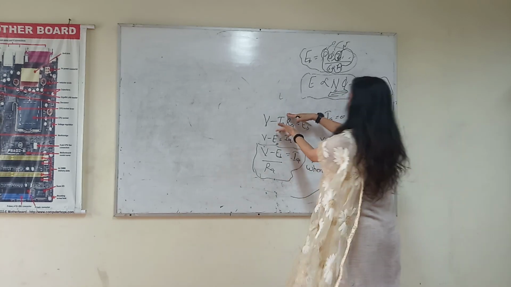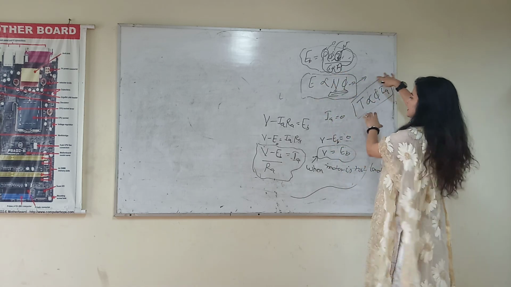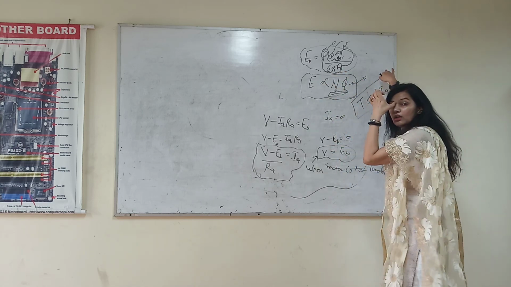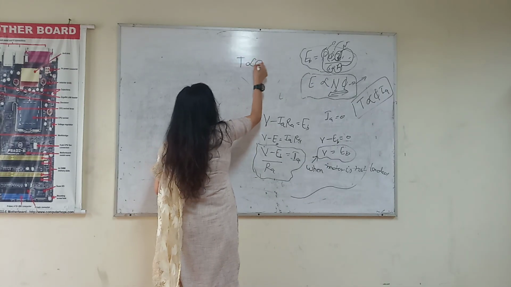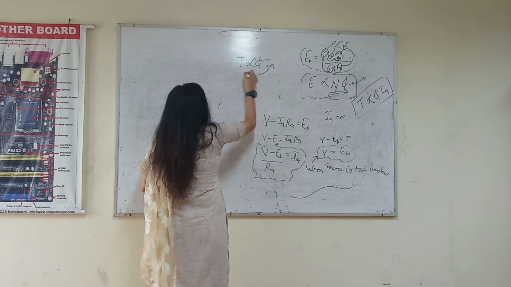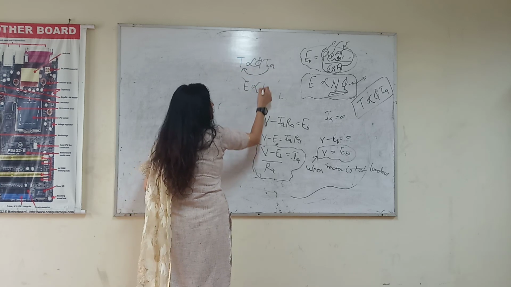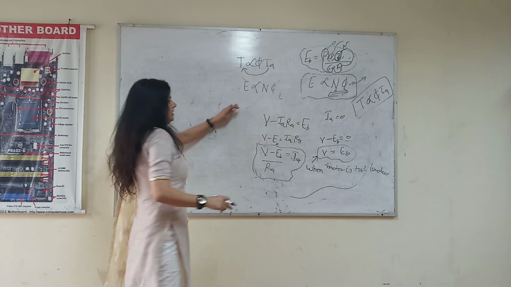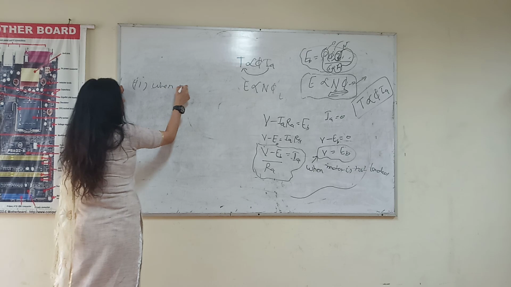This is the EMF equation. This is the formula to find out the magnitude of EMF, and this is the formula to find out the torque. Okay. So ये भी मैं यहाँ लिख लेती हूँ. This is also important because now we will discuss about it. It is directly proportional to Ia, and E is directly proportional to N phi A. Second case में when we discuss, then when motor is loaded.